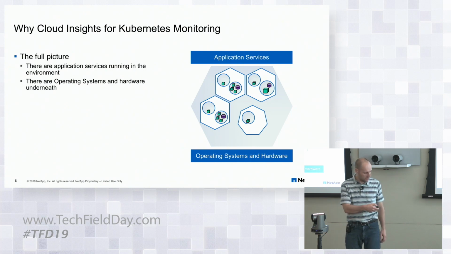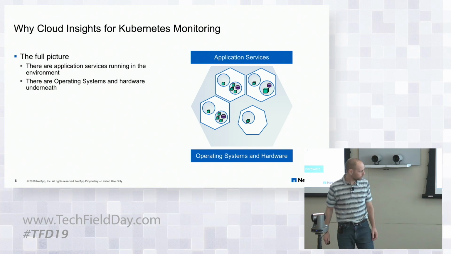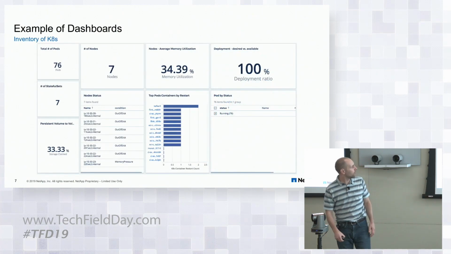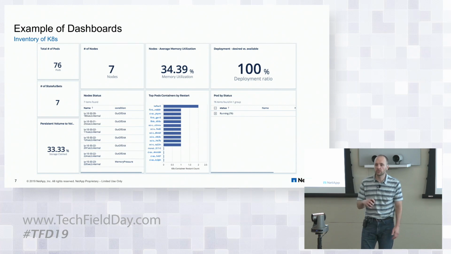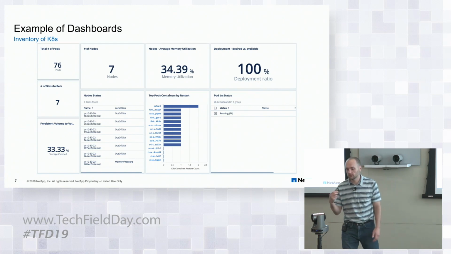And we can also see the underlying stuff in the operating system layer and in the hardware layer. So if you're running it on premises, we can see all the way down to the back-end storage and hopefully the NetApp devices underneath it. If you're running it up in AWS, we can see all the way down to the EBS volumes at the back end. And so what I have here is some of the dashboards that we're actually running in our environment